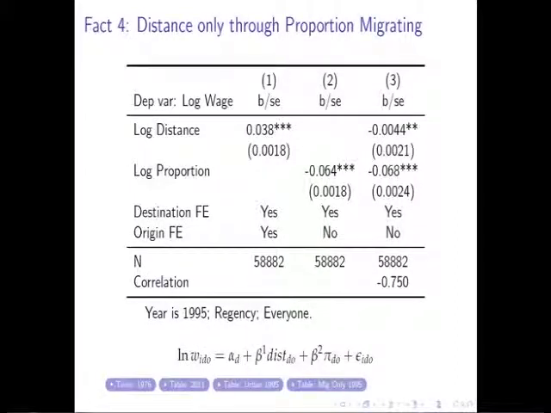And the fourth fact is that if I control for the proportion of people that move, the distance that you move is no longer important. Okay, so it's all this selection effect that is driving the distance effect. Okay, so for us this suggests a model where there is a cost of moving across space. If you're willing to pay that cost, you would only be willing to pay that cost if you are a higher type. So distance drives selection, and selection drives differences in wages across space. Okay, so those are our facts about